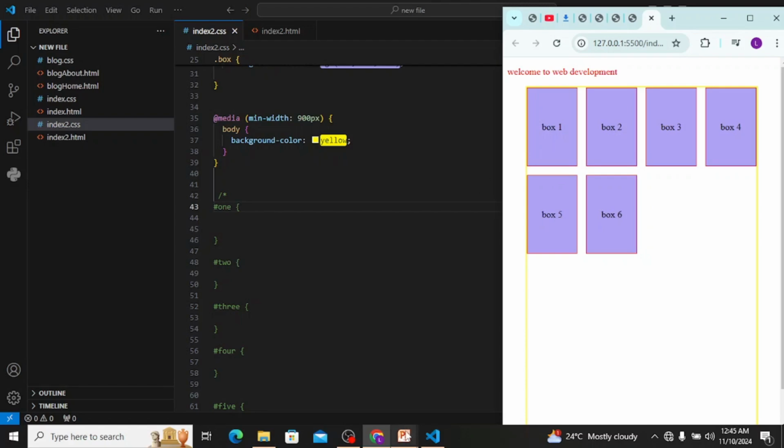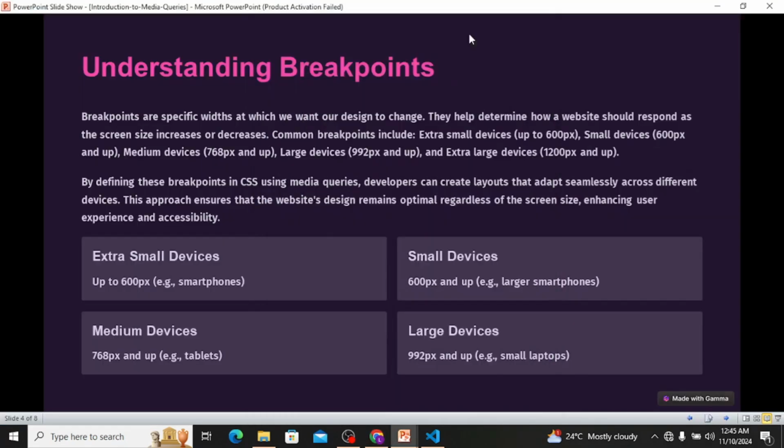Now there are several breakpoints in media queries, and breakpoints are specific widths at which we want our design to change. Now you heard me saying 900 pixels. Now that is a particular breakpoint. Breakpoints are specific widths at which we want our design to change. They help us to determine how our website should respond as screen size increases or decreases. Now, while breakpoints can vary based on your design needs, there are some commonly used breakpoints, of which number one,